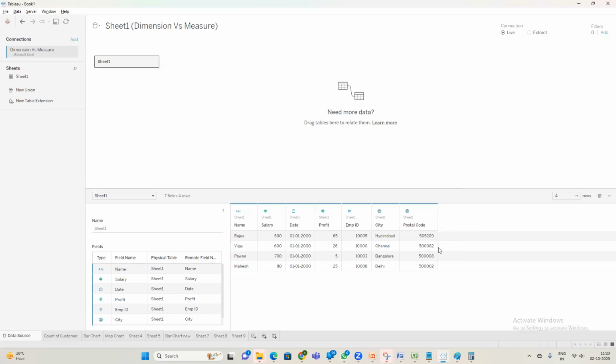I mean, according to this context. So in this particular context, blue is dimension, which is colored with blue. So this is a dimension. As we know, name is a descriptive part and it has only names and we cannot do any mathematical operations on these names. So this is a dimension. And salary, if you see, it is identifying it as a